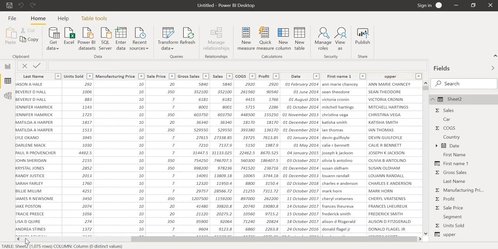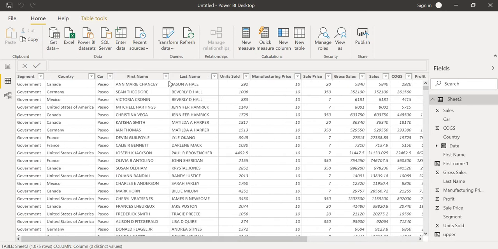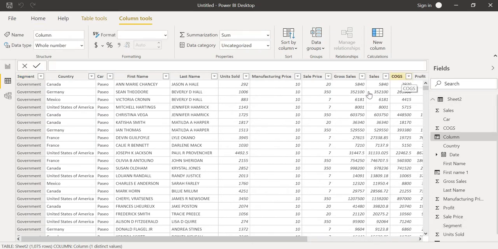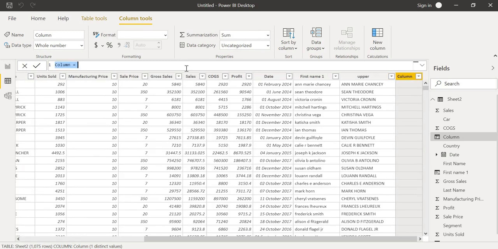Next, I want lowercase. I want the last name in lowercase. I am going to create one new column. I want uppercase. I want lowercase.